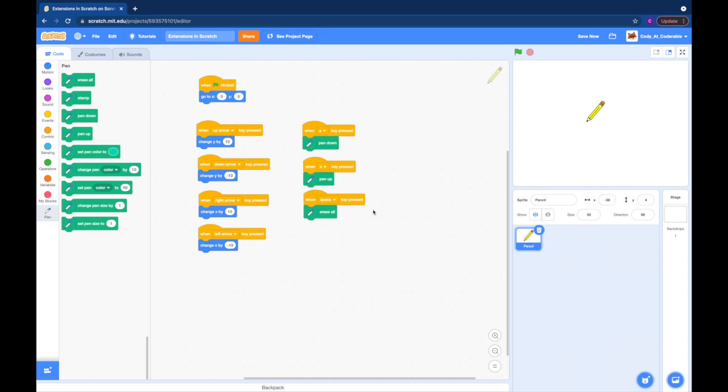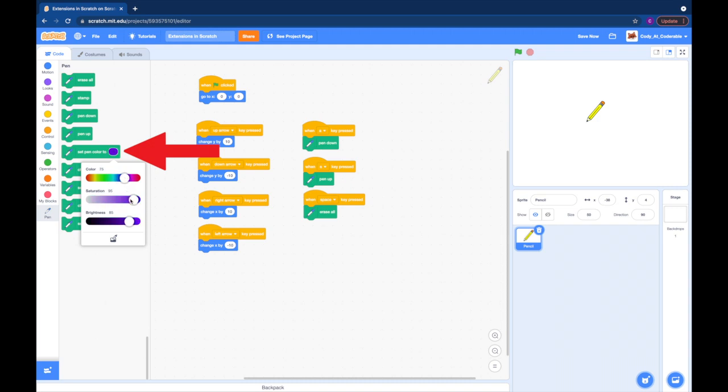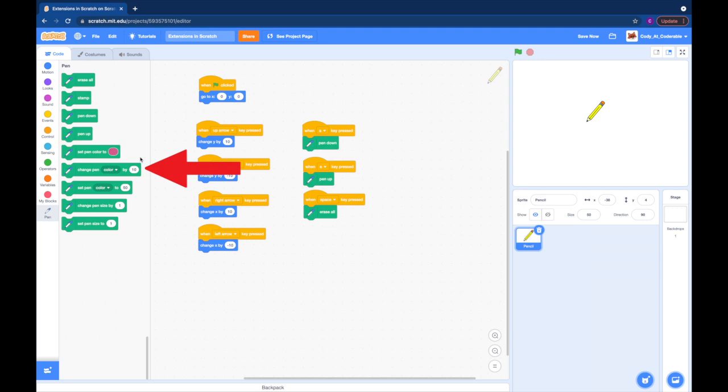Now, there are other functions you can add to customize your drawing. The first is the set pen color to block, which will change the pen colors according to what you pick. The next is the change pen by block, which will allow you to change a feature such as the color, saturation, brightness, or transparency by a set number. The one below that one, the set pen to block, will let you set the color, saturation, brightness, or transparency